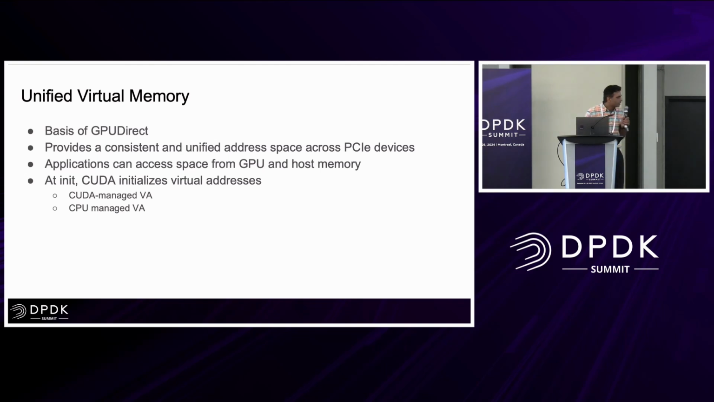In this particular case, as I said, the NIC was able to DMA the data, but the application is the one which essentially performs the final set of actions. When CUDA initializes, it can get either a CUDA managed virtual address or a CPU managed virtual address. So depending on how the application allocates the memory, it can be in CPU address mode or GPU address